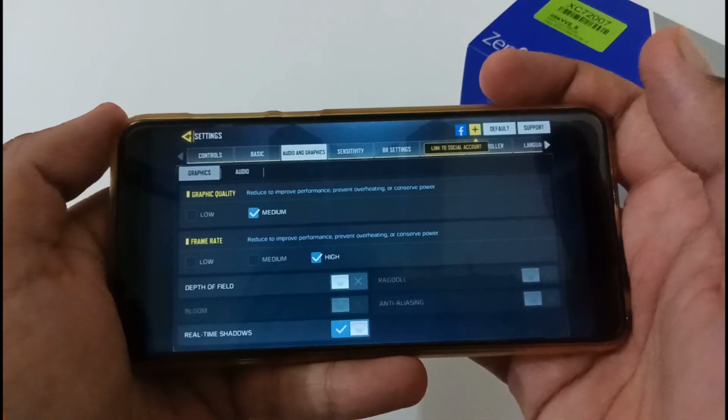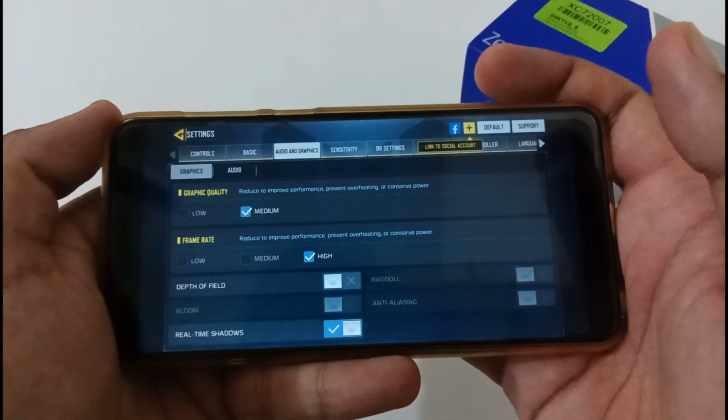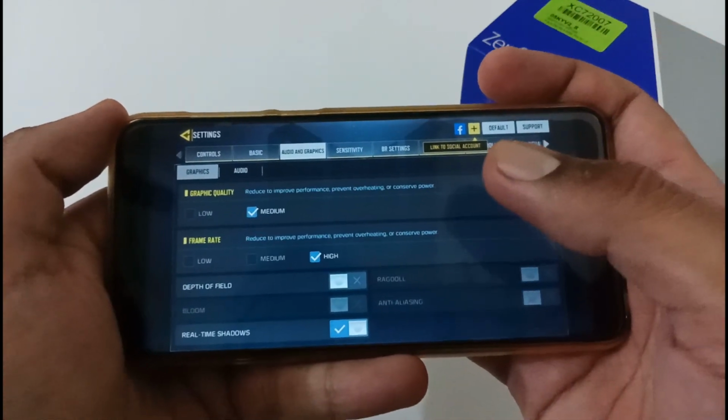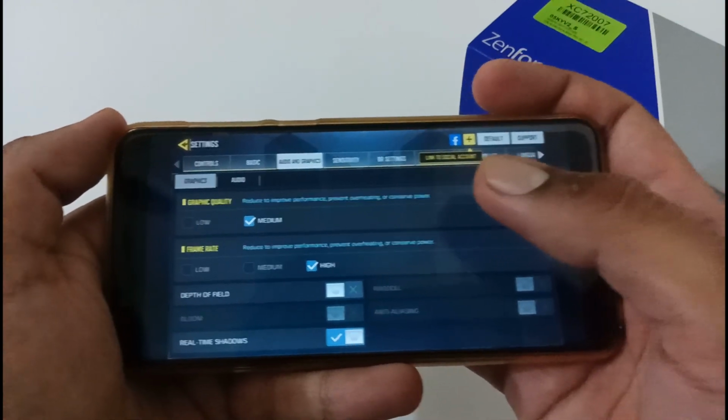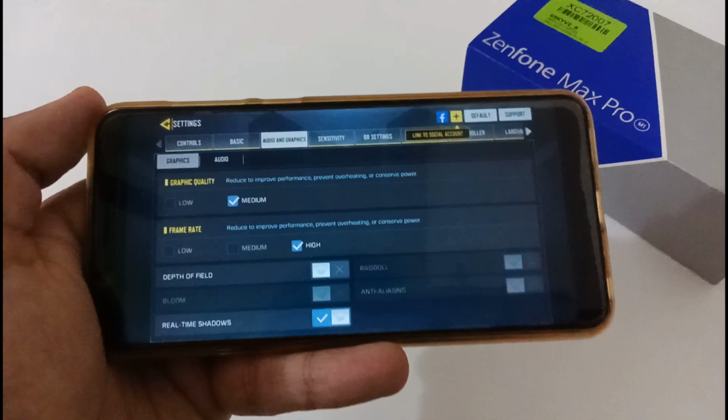On this particular pre-decrypted ROM, the battery consumption was 15 to 16% for a gameplay of 1 hour, whereas in the original stock ROM version it was 18 to 19%. So the developer has done some sort of optimization in terms of battery, but I'm not sure how these things work.